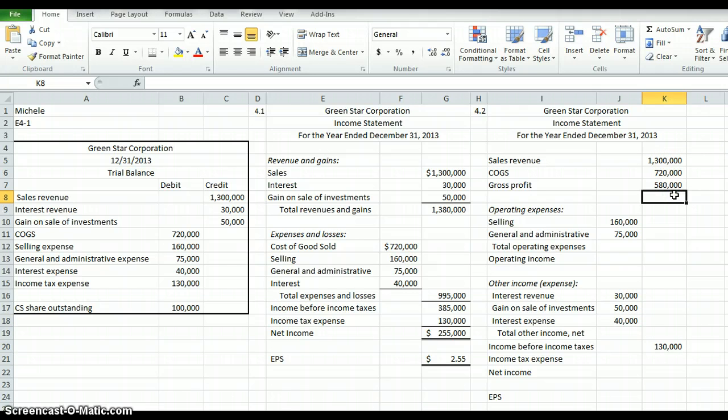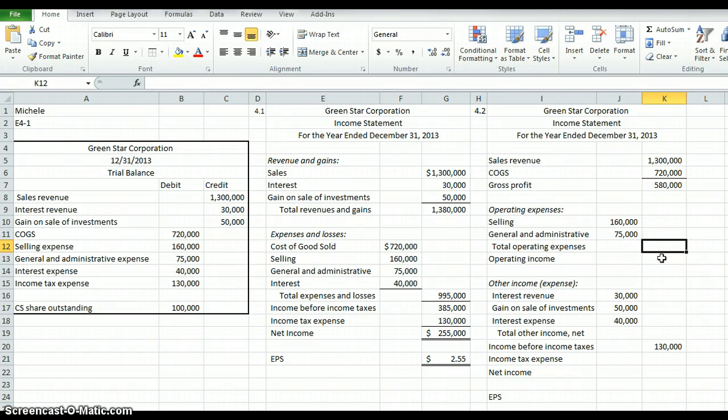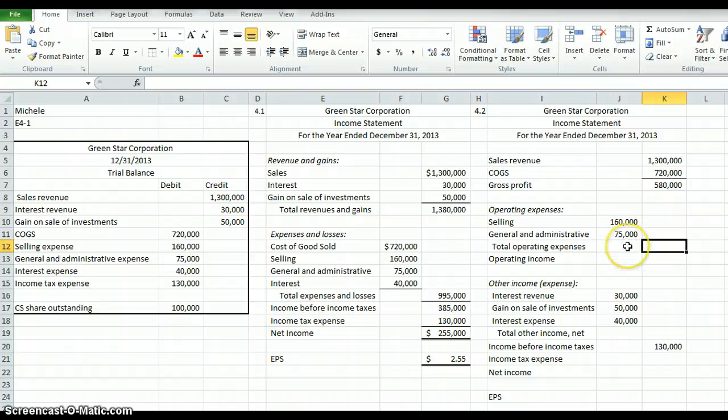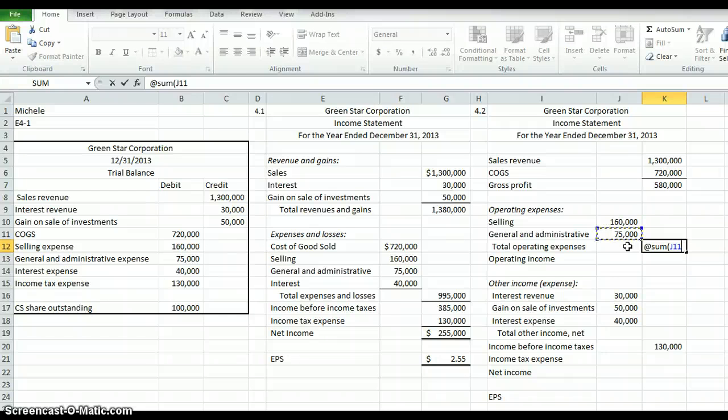I'm going to start by doing my first set of math. I already did it. My sales revenue minus my gross cost of goods sold gets me to gross profit. I should show that I did some math by putting a top border or a line above. That's what you do on a piece of paper, is you draw a line above and then you would go ahead and do your math. I have to calculate total operating expenses next, so I'm going to use the @sum function. And what am I summing? I'm going to start that again and get that out of the way so you can see it. @sum, open my parentheses. I'm going to sum these two numbers, close my parentheses,